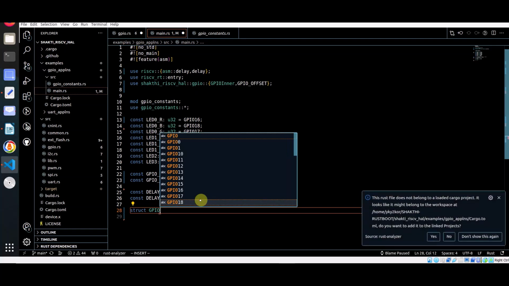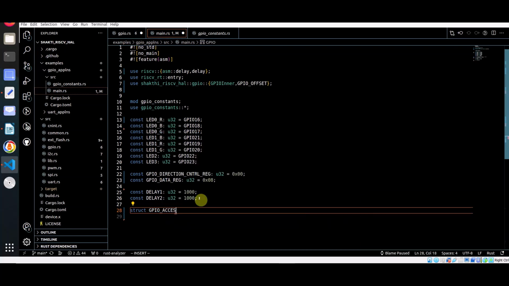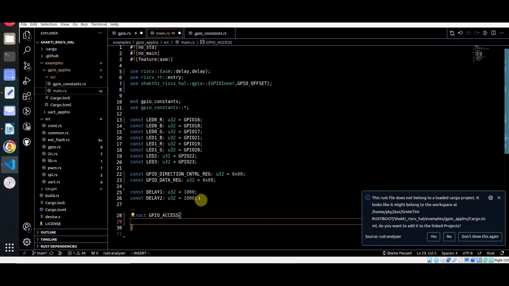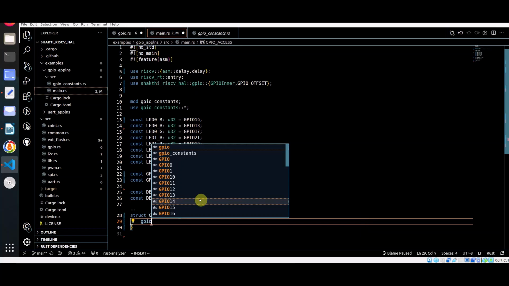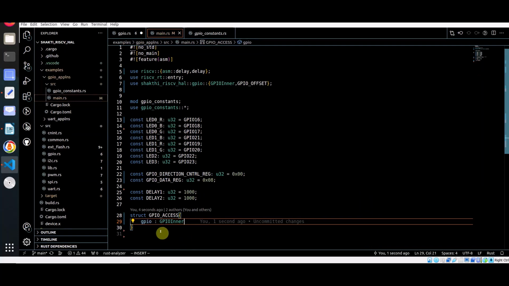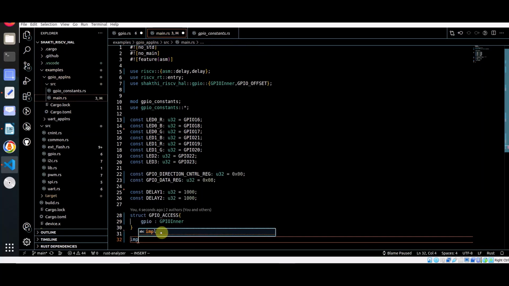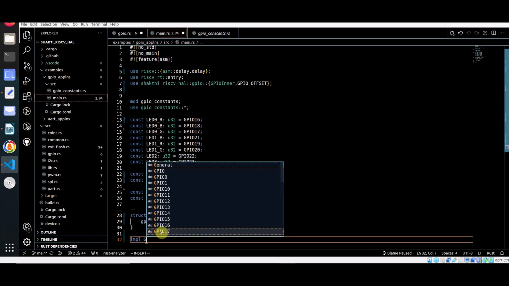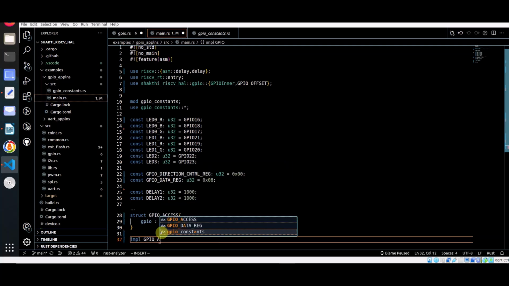Let's actually go into the definitions which are there inside of the crate. So now I'm going into the GPIO. Now I'm assigning this GPIO value inner. Okay, now let's make an implementation, also called GPIO access,